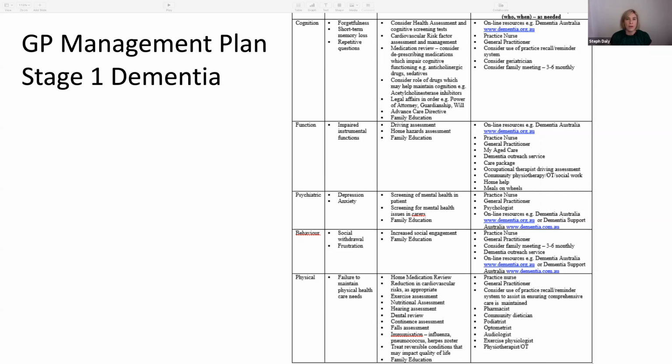Now, many people feel that that is something that isn't part of the remit of a GP, but if you have got a geriatrician whom you are in regular contact with and you feel able to discuss cases with them, then you are in most cases able to commence the medication. So it's not that they have to be reviewed by a geriatrician, they have to be discussed with, I think, in the PBS criteria. And even if you're not the one starting those medications, it's important that you understand how those medications work and the side effects that are associated with them, because patients may come to you with those side effects asking about the medications.